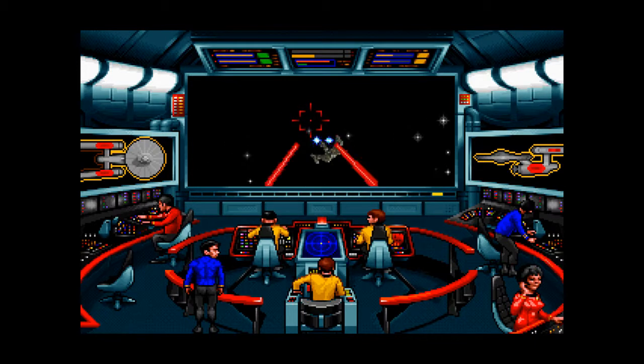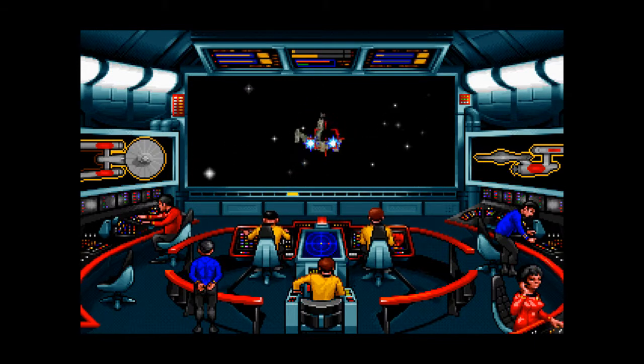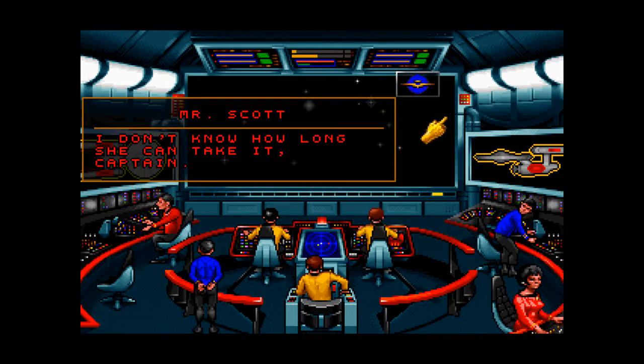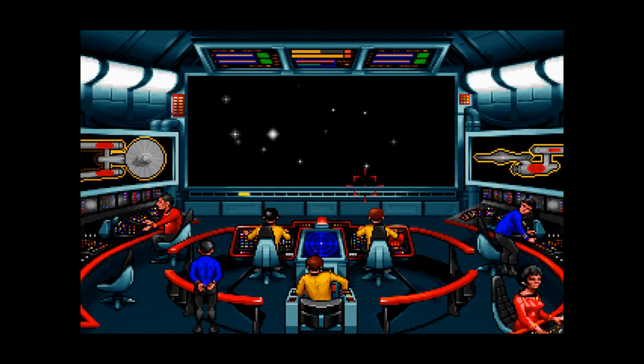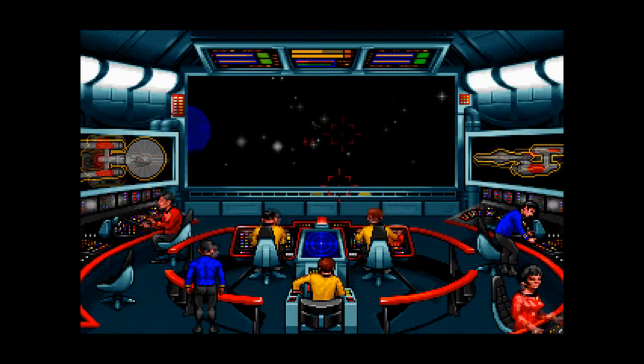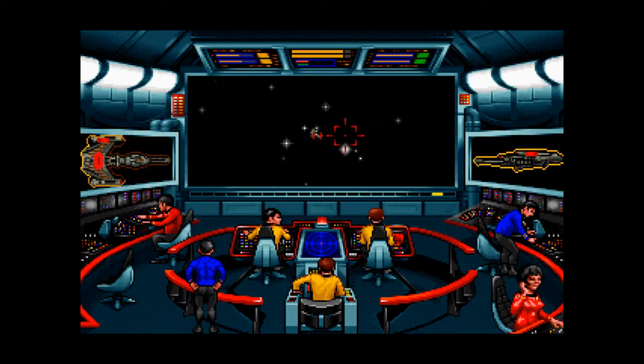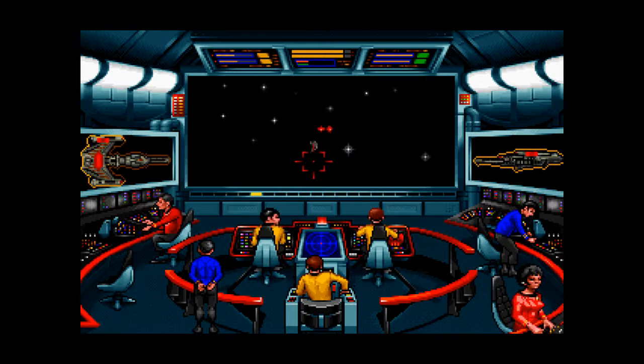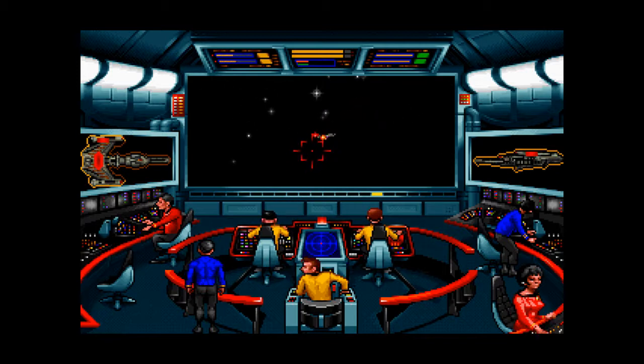And here we go, we're just going to lay into it until we disable it and then blow it the hell up. I don't know how long she can take it, Captain. I also figured out the purpose of emergency power. It was for a quick energy boost to your engines, and here is the last one. The last of the 3 ships. Just peppering it with phaser shots, and then...